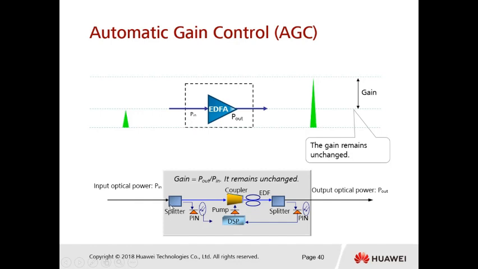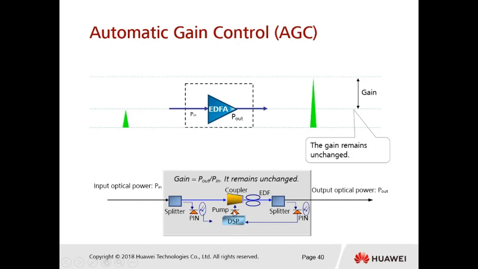We have a splitter at the input port and a splitter at the output port. These two splitters split a little part from the main path to do the detecting, to detect what the input power value is and what the output power value is. Then we can know how much gain we give to the signal and send it to the DSP to do the math calculation. The math we do over here is this one: gain equals P out over P in. If we find the gain is too high, this will control the pumping source